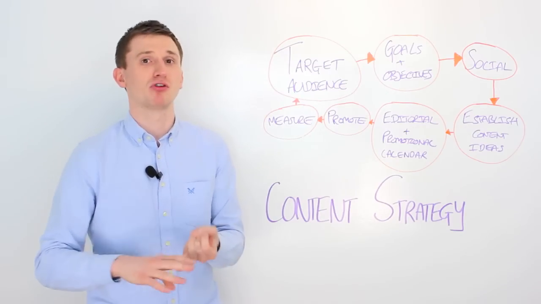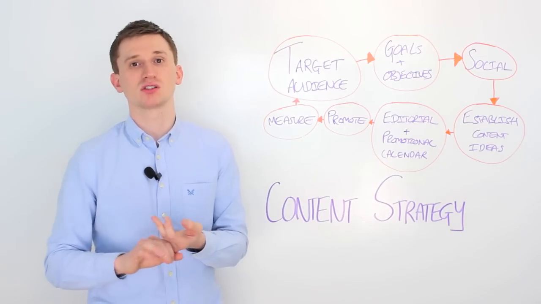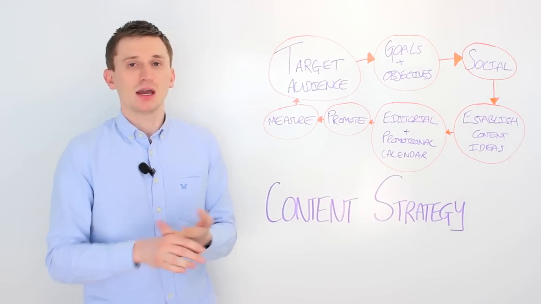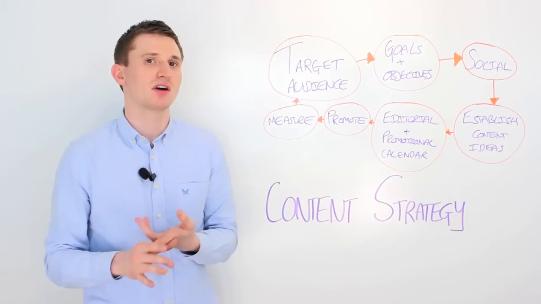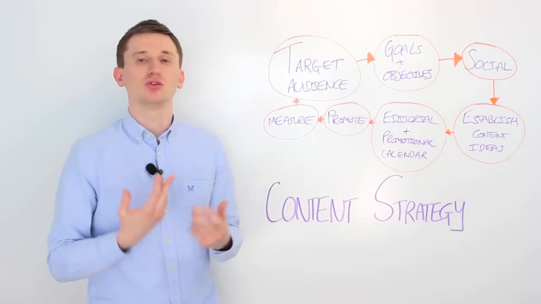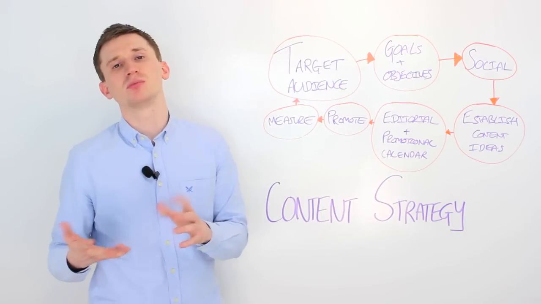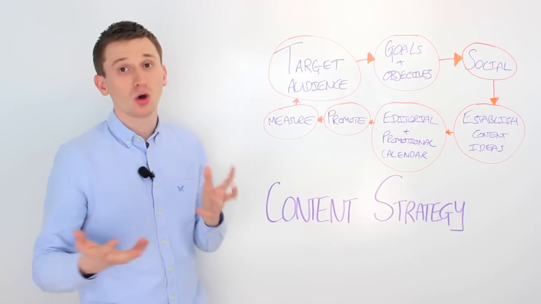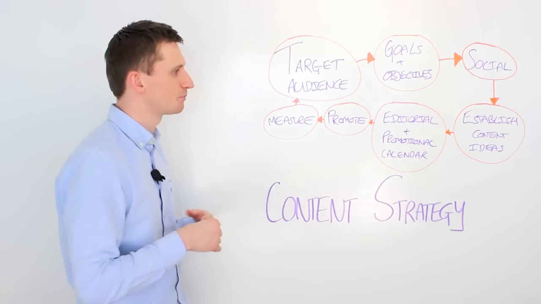Now, Google Analytics also provides you with information on key performing pages. So it could be a particular product or service that you then want to create content around. It could be that you find that a particular product or service isn't performing as well as you'd like, and you actually find out that people are dropping out of the buying cycle. Well, in this instance, again, you can look at the content that you could possibly create to help feed those people back into the funnel and hopefully potentially get a sale or conversion.